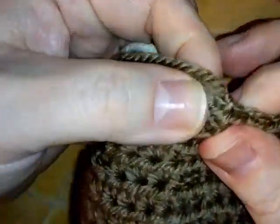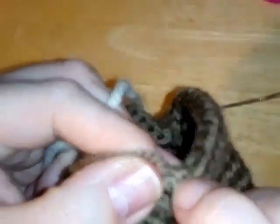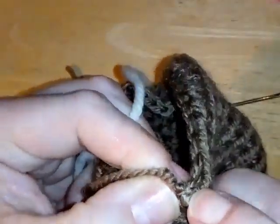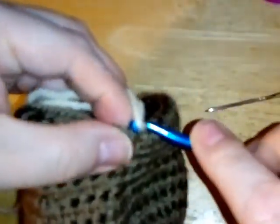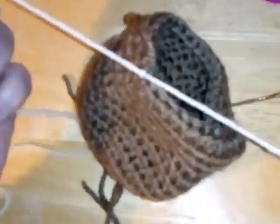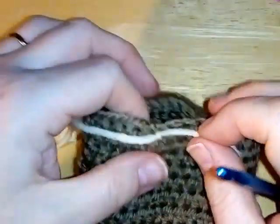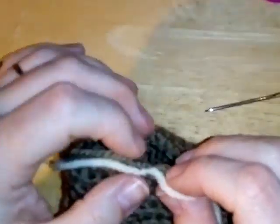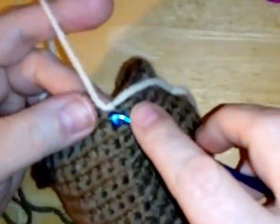So it might be quite hard to see because this bar, camera focus, is quite small because we've slip stitched. If you can get under there and into that bar, and then join your other colour in there. So I'm just going to use my very fancy way of joining a new colour just by tying it on. Okay, doesn't need to be anything fancy on this particular pattern because no one's going to see it. Okay, so then what we are going to do, move the needle out of the way, it's going to go back under that bar,